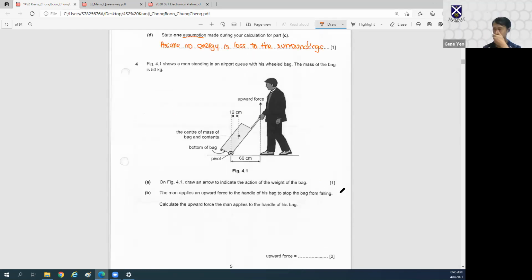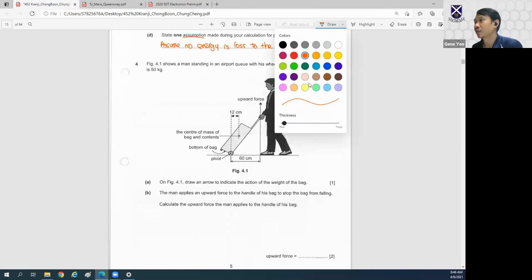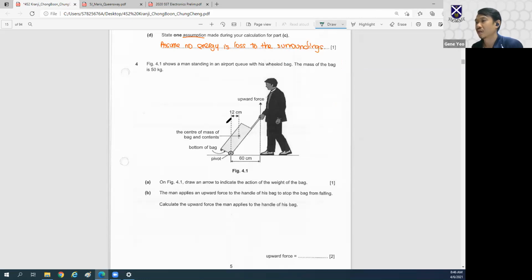Okay, question 4. This is a man with a wheeled bag. The mass of the bag is 50 kg, all right? So for part A, they want me to draw an arrow to indicate the action of the weight of the bag. So the weight